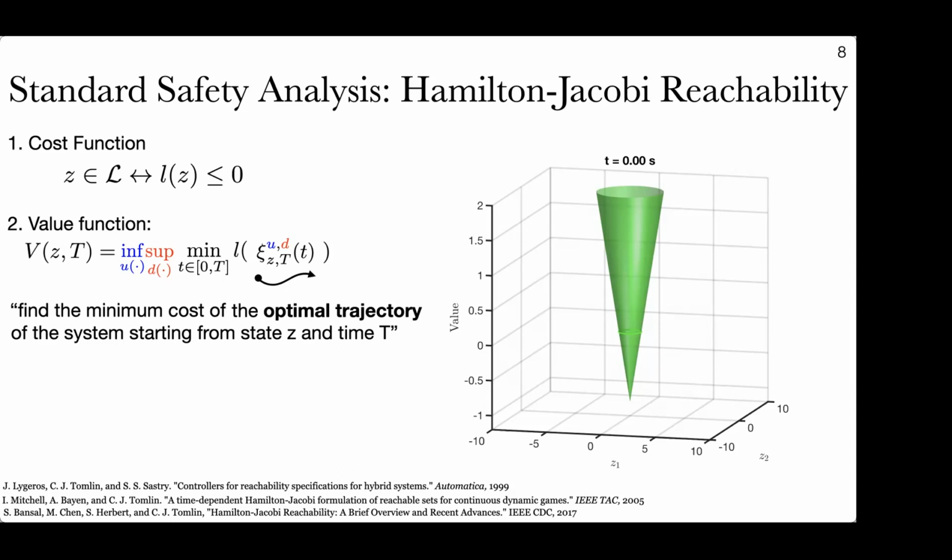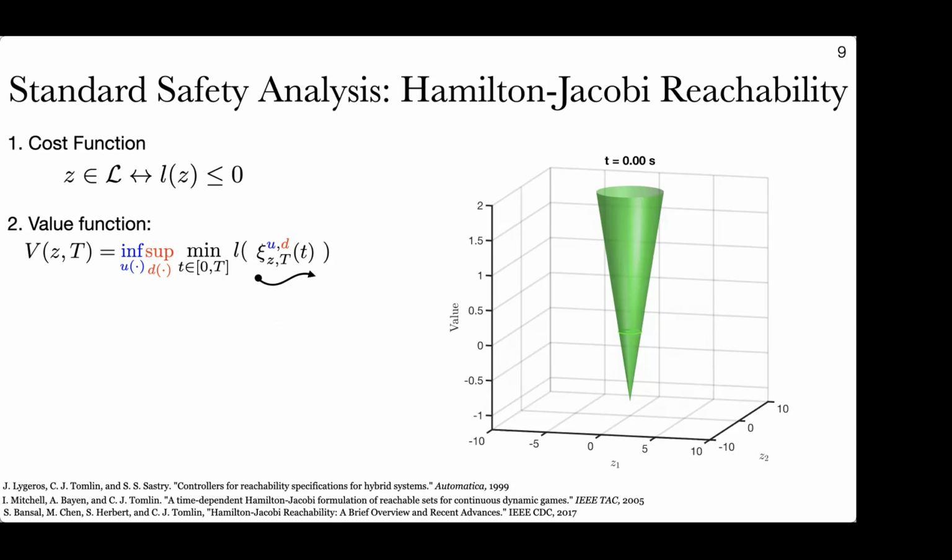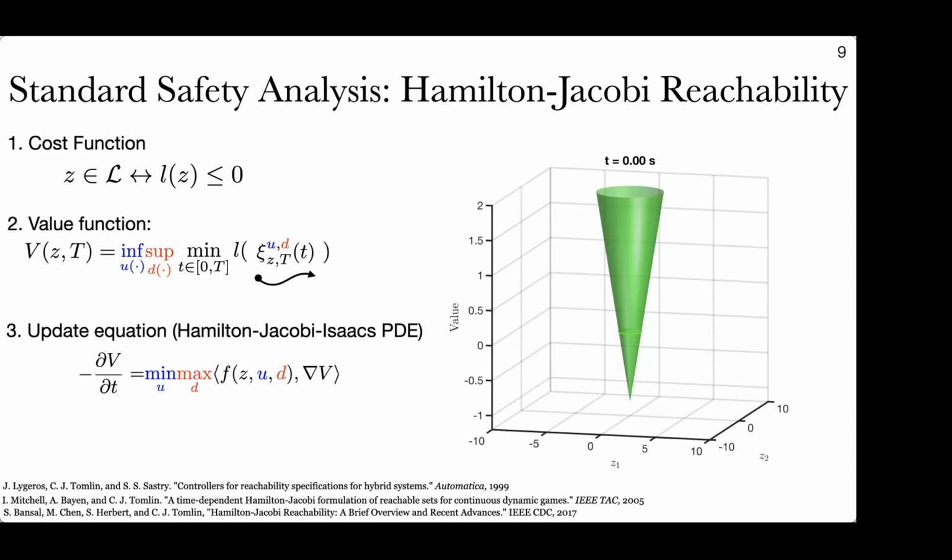This is doing something called dynamic programming. So I could grid up my state space and then update every point on that grid using what we call the Hamilton-Jacobi-Isaacs PDE. If you're familiar with machine learning type stuff, it's very similar to doing the Bellman equation, but in continuous space and time.